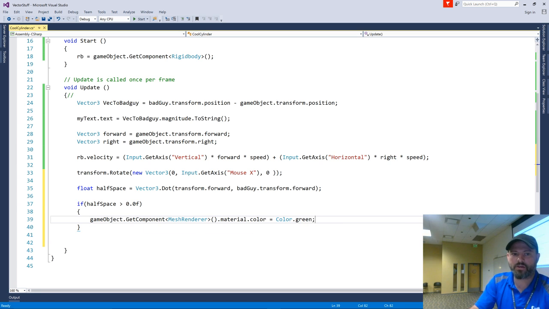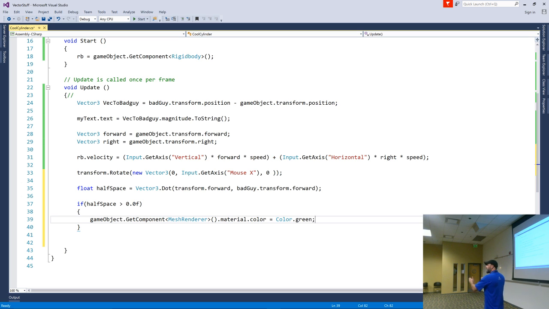Okay, so knowing this code right here, or not even knowing that, if I said I'm going to dot those two forward vectors, and I'm going to say if it's greater than 0, based on this right here, what is going to happen? I'm not stabbing the back, that's not happening yet. This is a piece to get you stabbed in the back. The material's going to change, but when? Which means what? If I'm facing in any direction away from him, that number is going to be negative. Does that make sense to you guys?